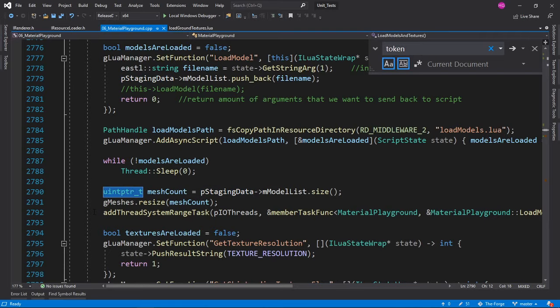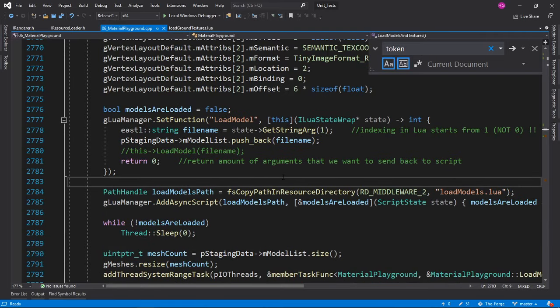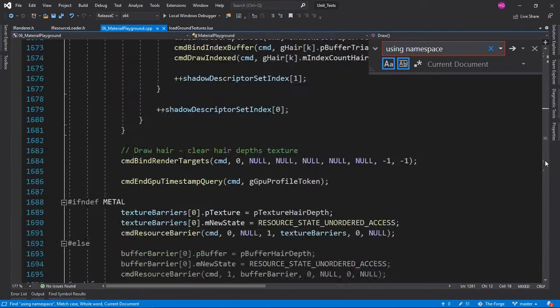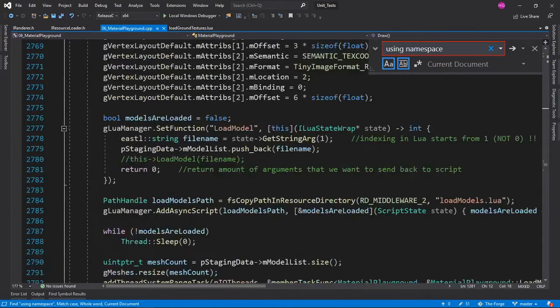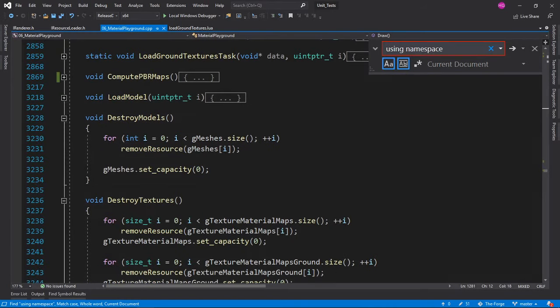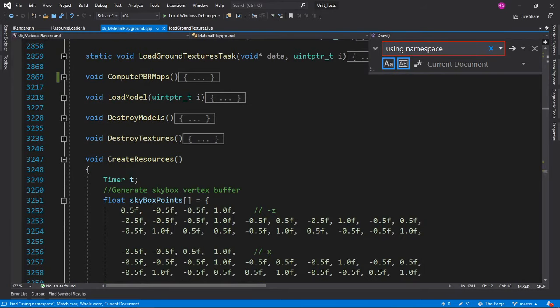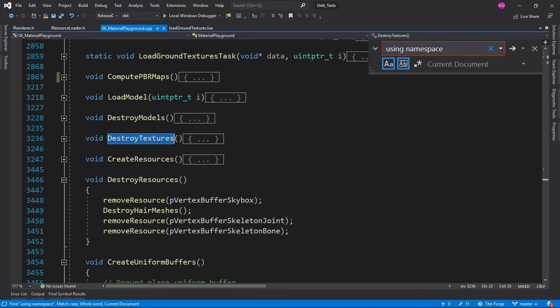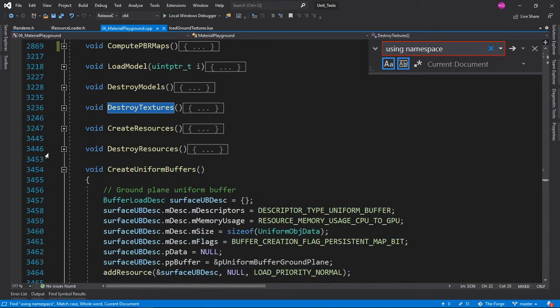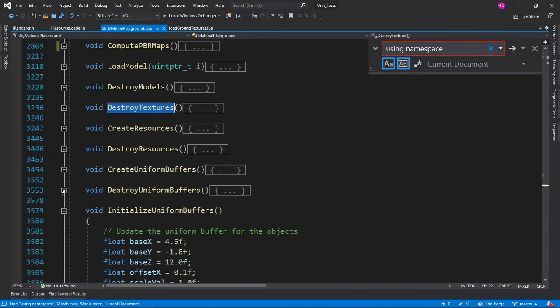We have UNT Peters here. Let me see if they have any using namespaces here. So no using namespaces there. Not destroy mom, destroy textures. I would definitely recommend using RAII for this. Use the destructor for destroying, as the name suggests, and the constructor for constructing.